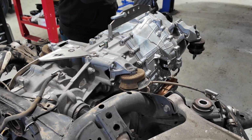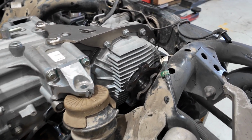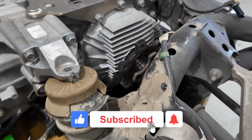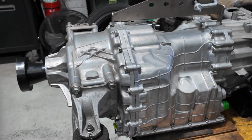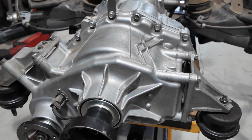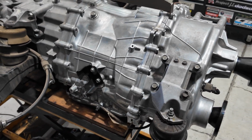Prevention is the best cure, so beefing up these certain components means less headache in the long run. This is my gearbox, which internally already has a pretty beefy setup with a Dodson billet gear set. You can see I've already got bracing on the top, and while you can't see it, I've also got bracing on the bottom. Again, this is just in case the rear differential decides to explode at the drag strip, or